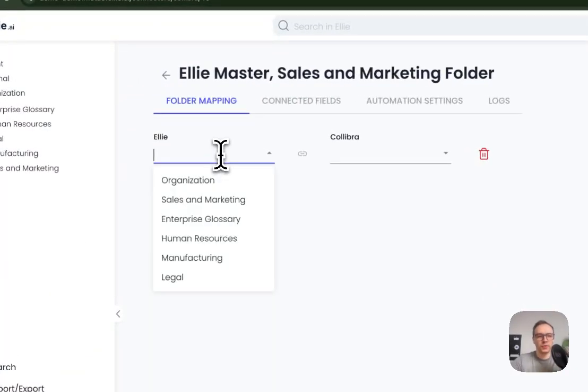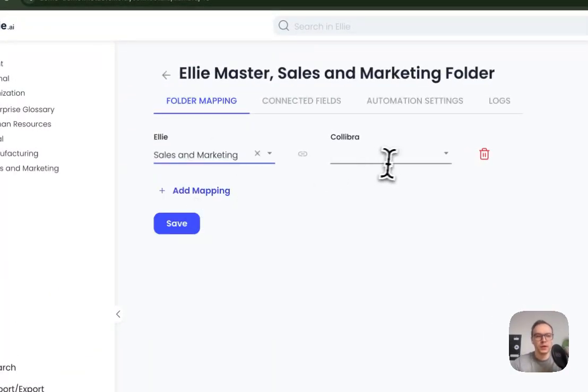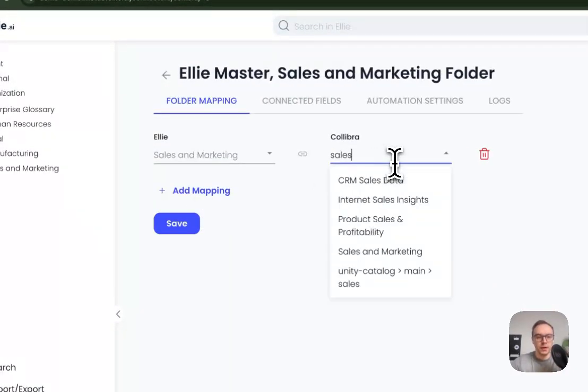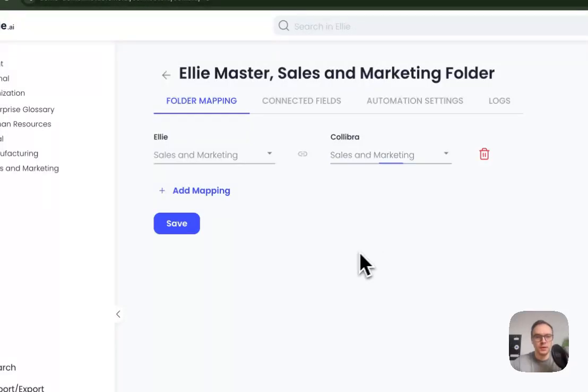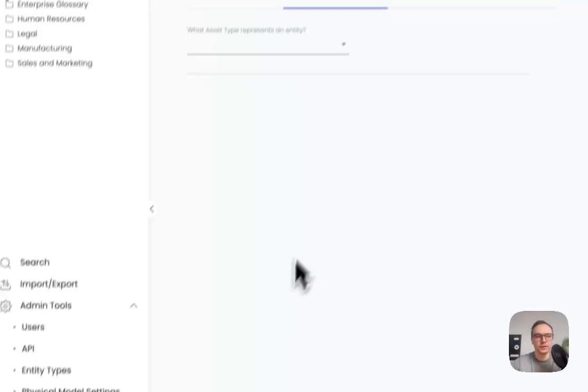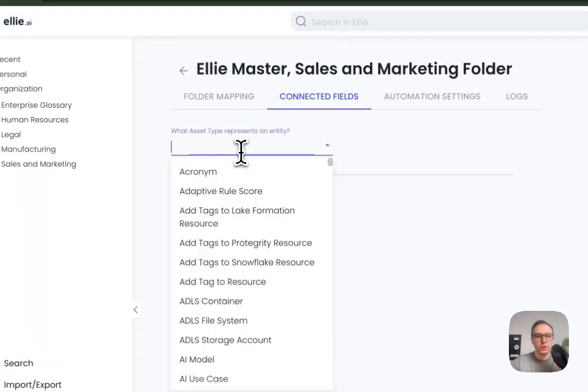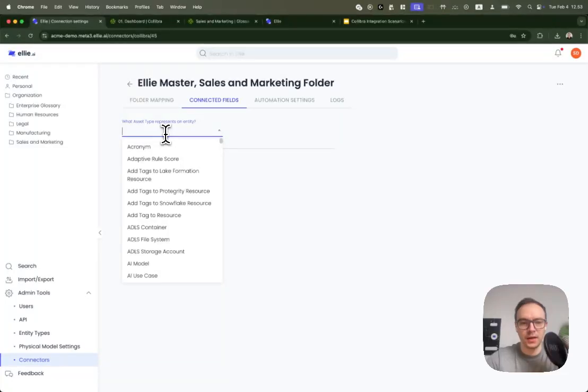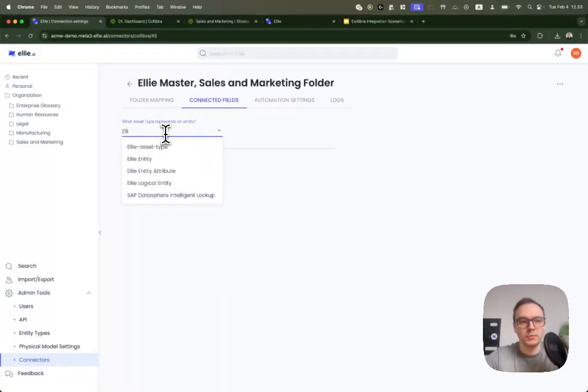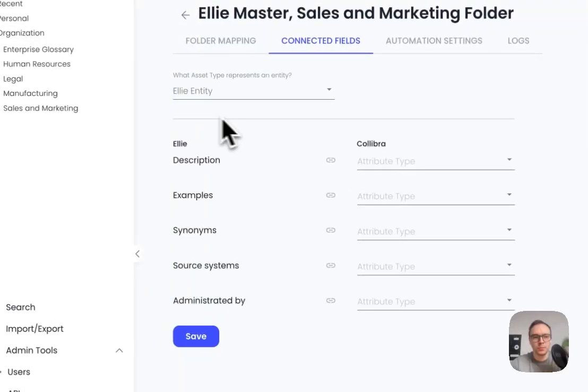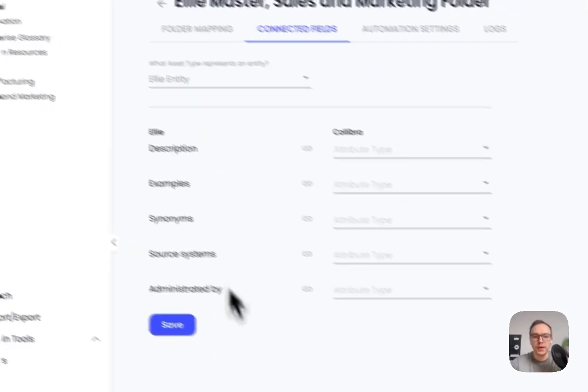Now I'm going to map out my folder. I'll select sales and marketing. And in Collibra, I also have a sales and marketing domain, and I'm going to save the connection. Now I'm going to go to our connected fields, and I am going to select which asset in Collibra represents an Ellie entity. Now, of course, in your organization it can be different. In my one, I created a separate asset type called Ellie entity,